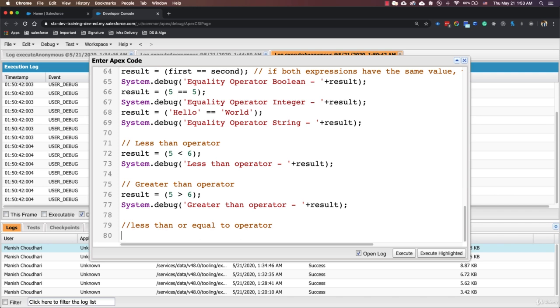For that, let's again use our result variable. And this time I'm going to say if 5 is either equals to or less than 6. So here this statement is true because 5 is less than 6. So let's print this using our debug statement,